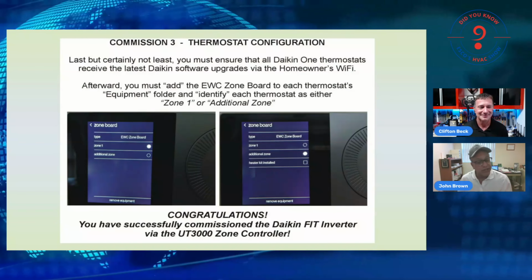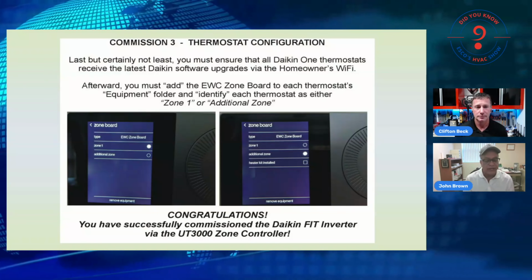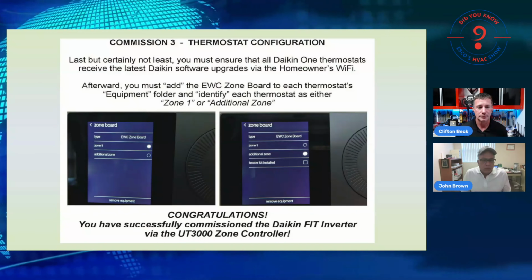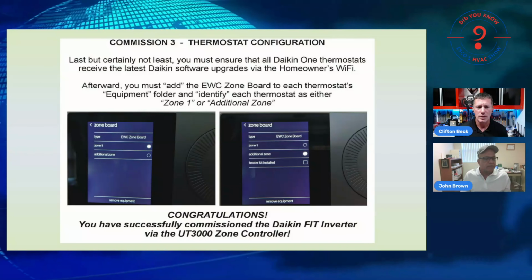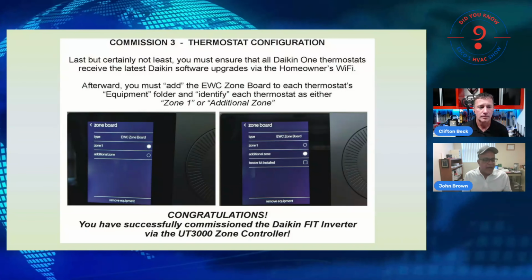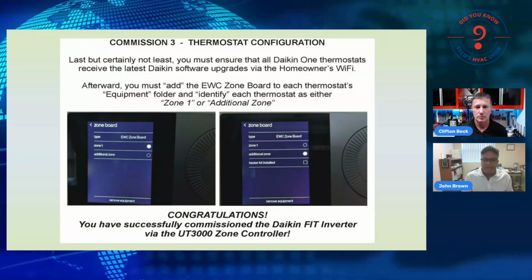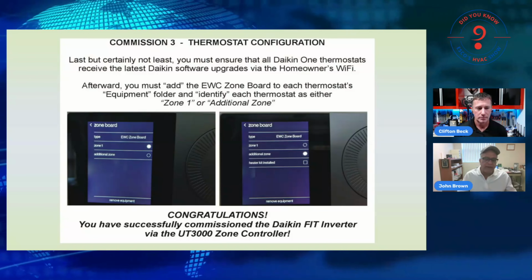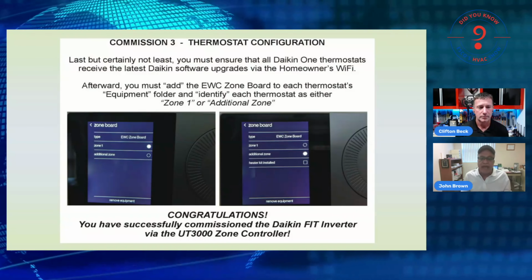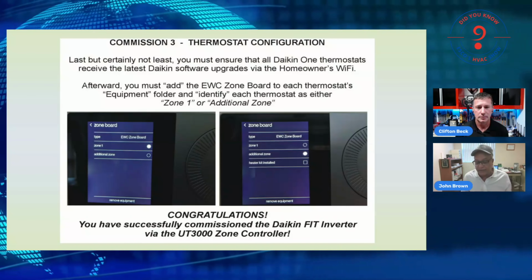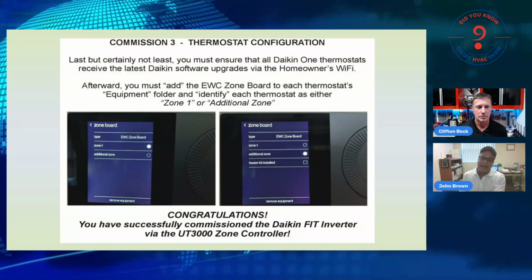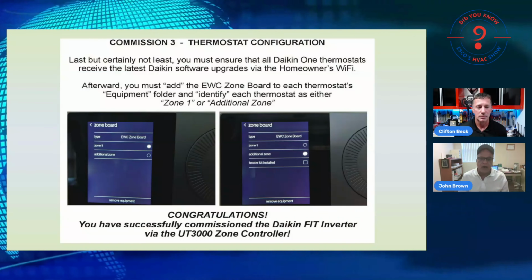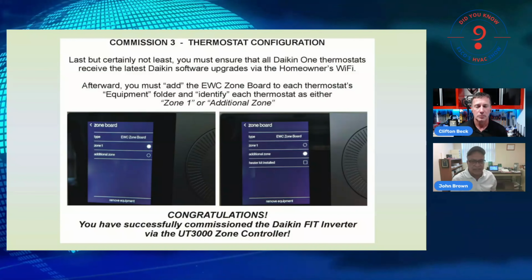Okay, so commission 3, and all total, we've probably been doing this for less than an hour. The system test and the charge mode completed, maybe 40 minutes, maybe 45 minutes, maybe an hour, maybe less. So now, last but not least, is configuring the stats. Now, thank goodness, I can finally put the thermostats onto their respective sub bases